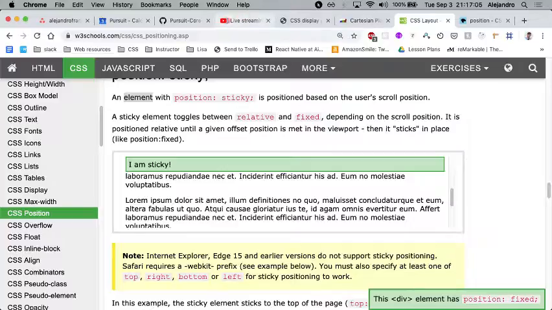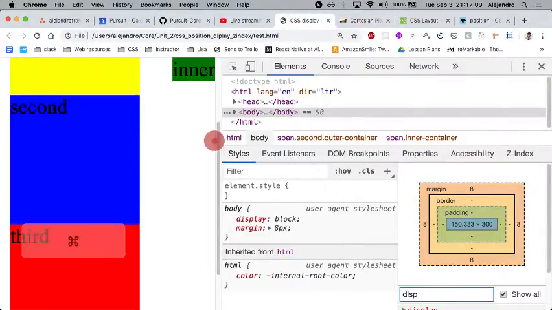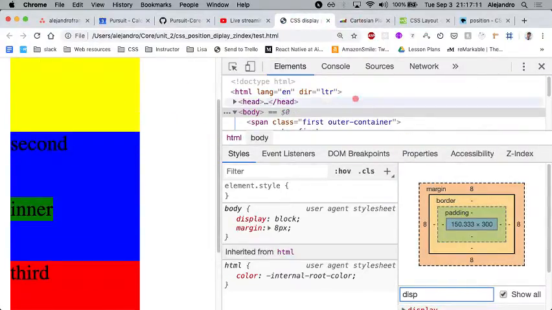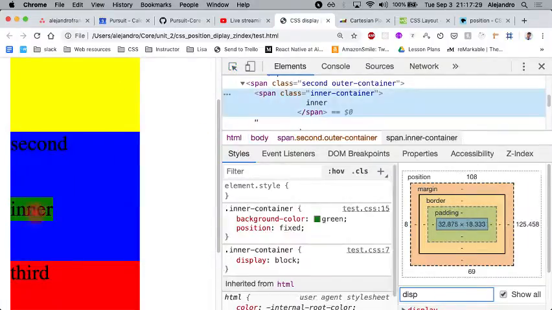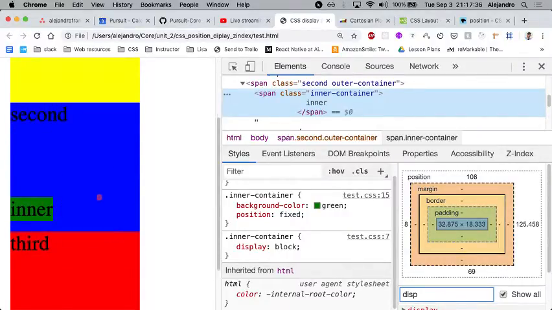You know, I had a question which I didn't get to cover. I didn't get to see the answer before coming to class, which is, what happens if the top is greater than the bottom, or if the left is greater than the right. So since I didn't get to cover that before coming to class, let's just experiment here. So we have this position fixed. It doesn't really matter the position,